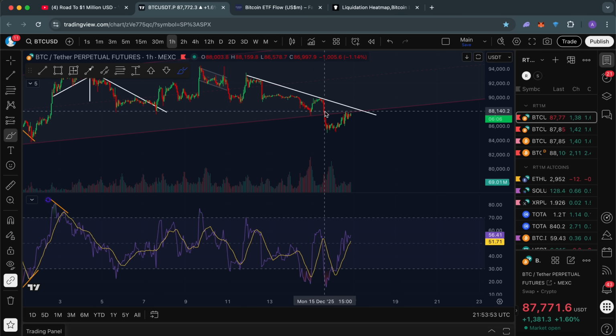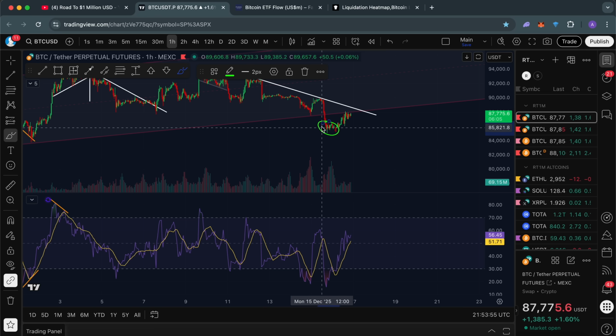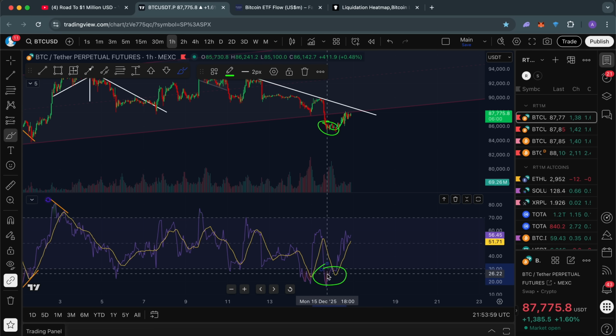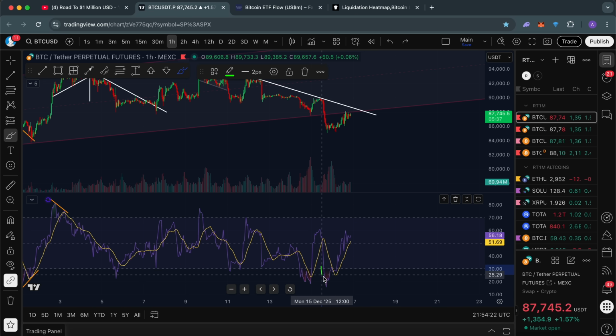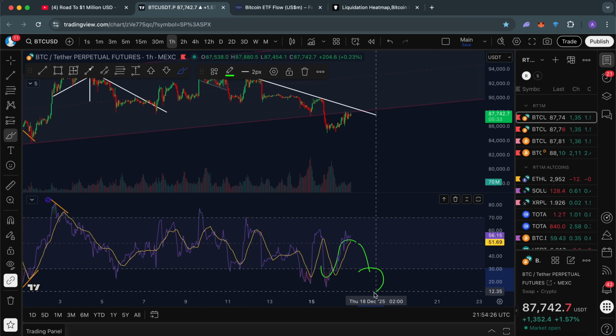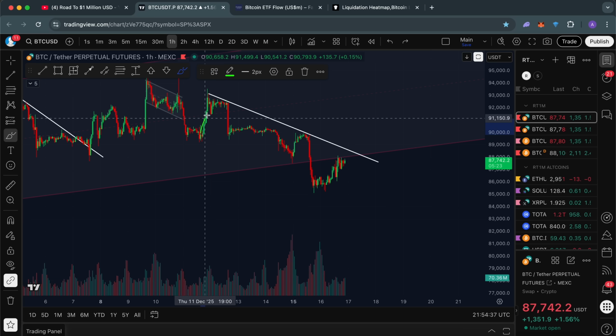So starting on this 1 hour time frame, since yesterday's video, we saw a bit of a move to the upside and a full reset of this RSI that was in oversold territory. While we were trading in oversold territory, there was limited room to the downside, and now that we have reset, it means that there is actually room for us to trade to the downside once again, which is important